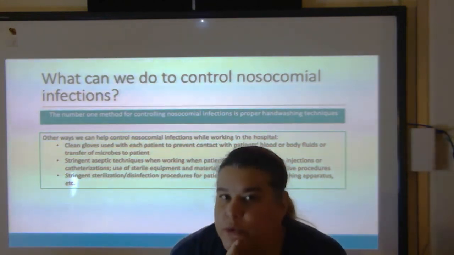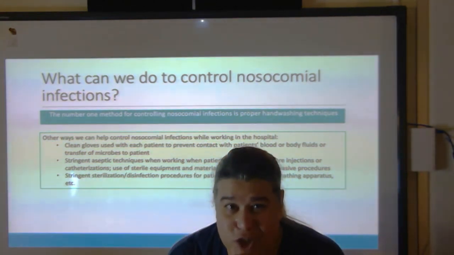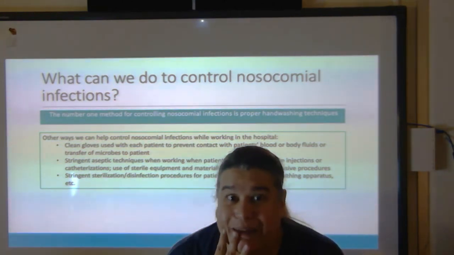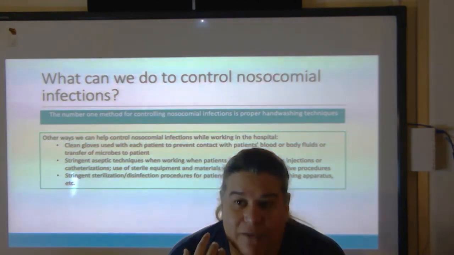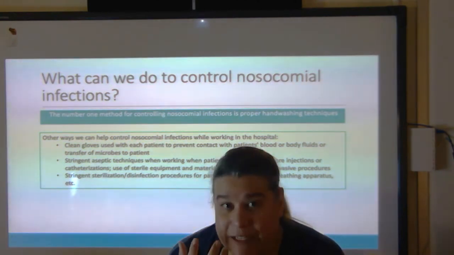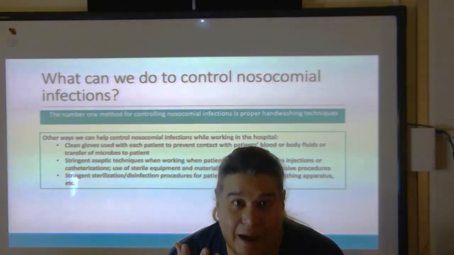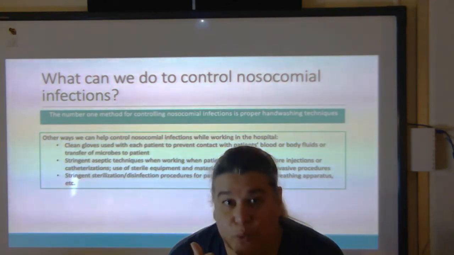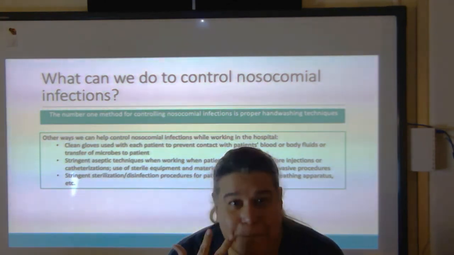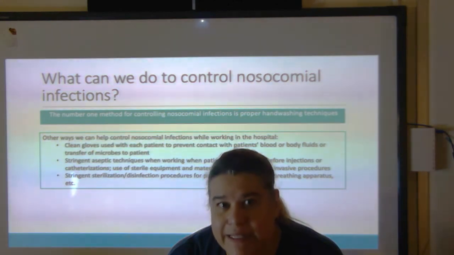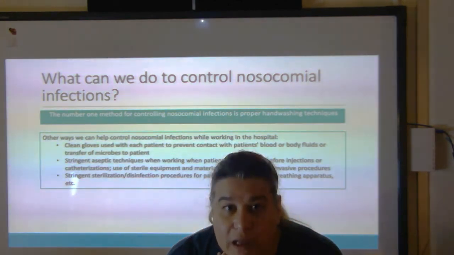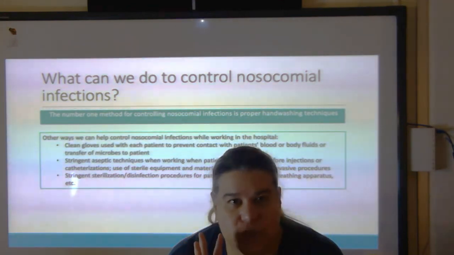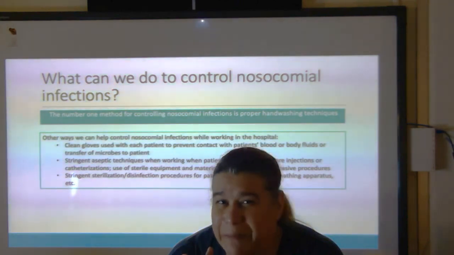Imagine going into a hospital room, you already feel bad and they haven't changed the sheets from the previous patient that died from pneumonia. Yeah, that wouldn't be a good thing, right? They have huge washing machines. They use bleach. There's a reason everything is normally white in a hospital, because they are doing their utmost best to make sure the room is clean, the sheets are clean, the bed is clean. All of these things have to be taken into account when you work in a hospital, because you do not want an infection going from one patient to another when you can easily avoid it by cleaning things.